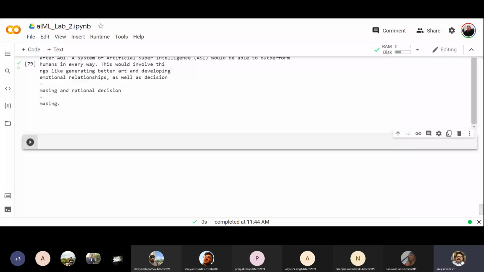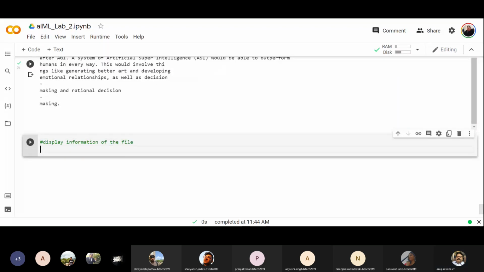You can use binary mode also. Display the file, information of the file, authors. Okay, display file information. Now,